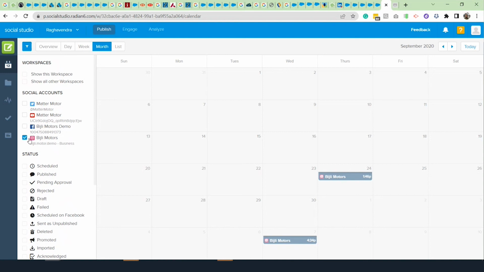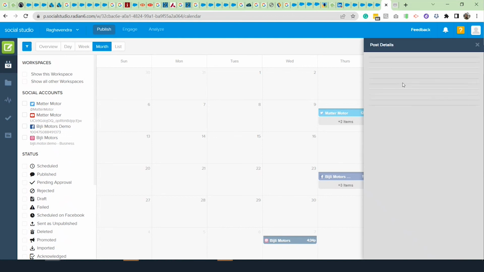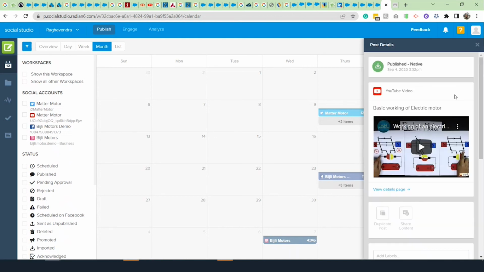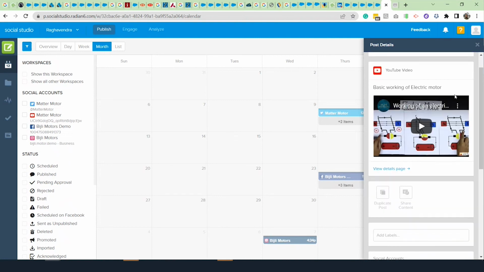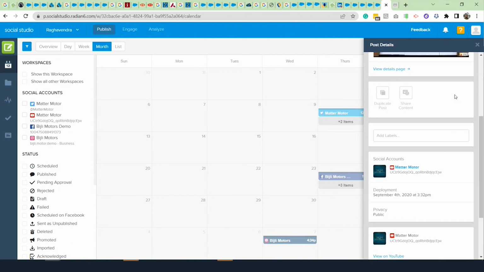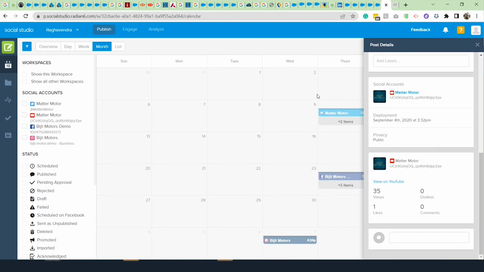It was a demo we built to show them; they were basically into electric vehicles. Over here, all the social engagements are listed. This is a holistic view of all the social activities they have done. Now, if I go here, I don't know if it still functions. It says I posted a YouTube video, and it can also show they've got 35 views, no dislikes, just one like.